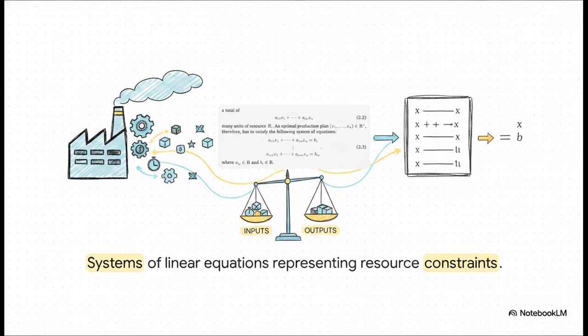Here's exactly how that factory problem translates into math. You're looking at a system of linear equations. Those x variables, they're the unknown quantities of products we want to make. The a coefficients are the resources required for each product, and the b values on the right represent the total resources we actually have available. By structuring this as a matrix equation, which is often written really compactly as A times x equals b, we can use linear algebra to literally solve for x. It's a perfect, totally logical balancing of inputs and outputs.